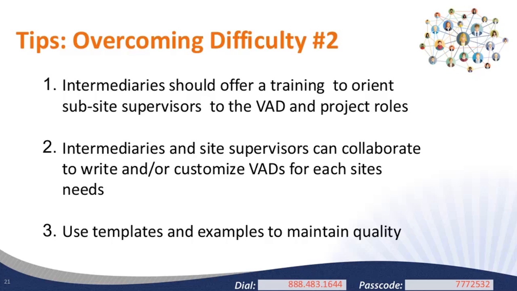And then one of our CNCS state offices shared with us that the majority of their longtime intermediary sponsors provide a template for their sites to use. It's sort of a fill-in-the-blank template that helps them build their VAD. And it almost is a mini work plan that they provide. So it not only helps the state office see the connection the VAD will have to poverty, but it also feeds into the performance measures the site will report on based on the application.